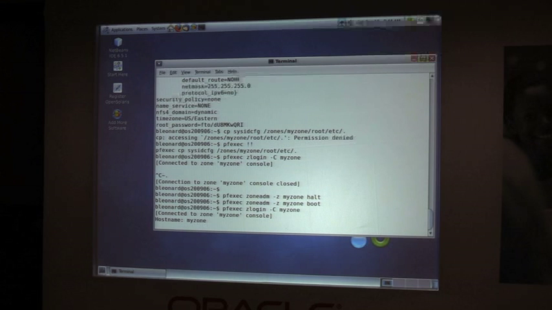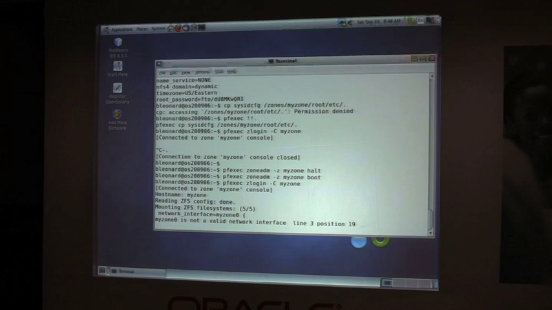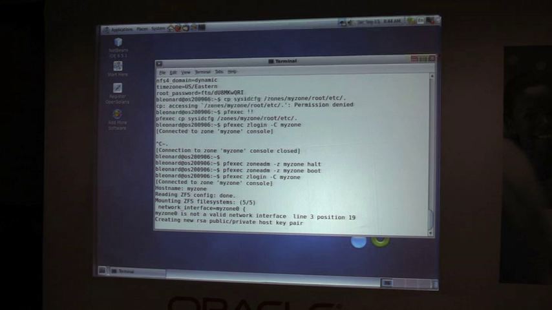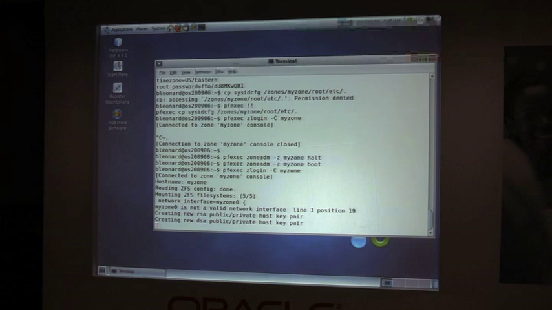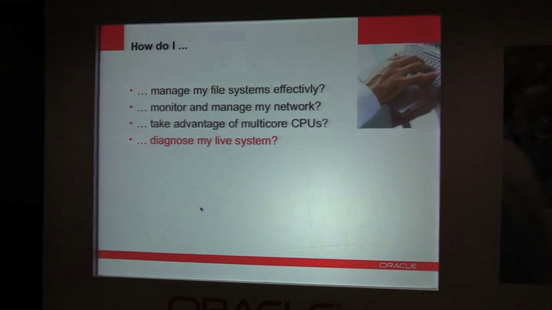So now it's going through its configuration. It found host name, my zone. And so this will take a couple of seconds. I'll let that do its thing. Won't take too long, but I'm going to go back. We're running out of time, so I definitely want to get to the rest of the presentation. And I conclude